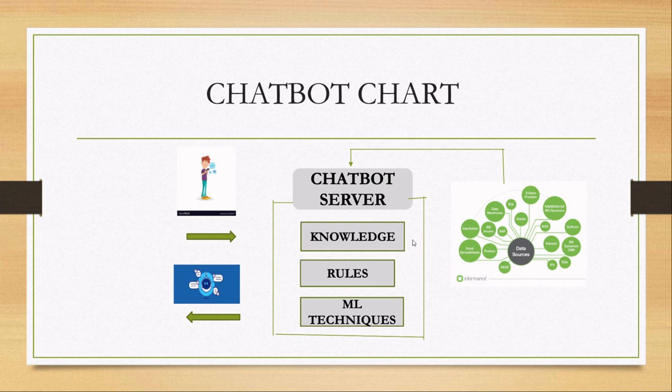Now let us see how the chatbot works through a chatbot chart. Suppose you are dealing with a chatbot. There is a quick chance that you are talking through a messenger website or you are probably using a mobile phone to talk with Siri. As a user, you are giving an input and the chatbot will give you output. Whatever input you give as a user will first go to the chatbot server. The chatbot server will have three things when you are dealing with a self-learning chatbot.